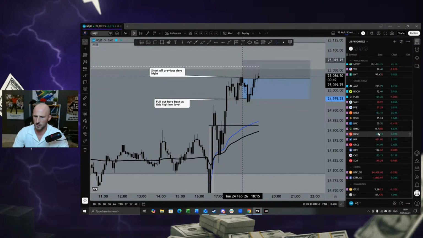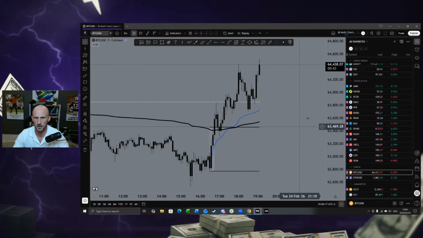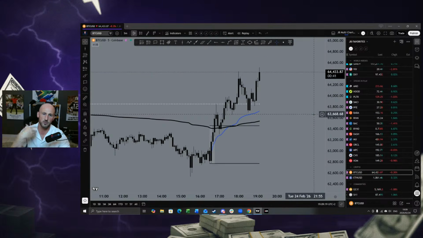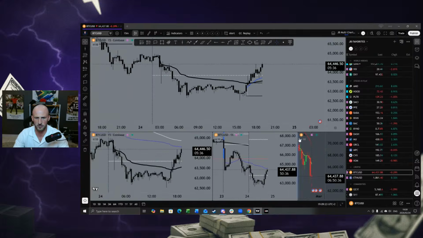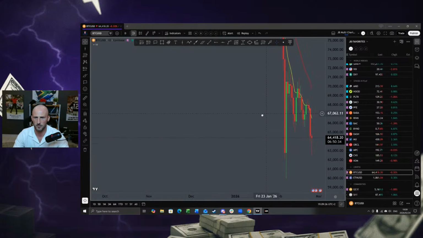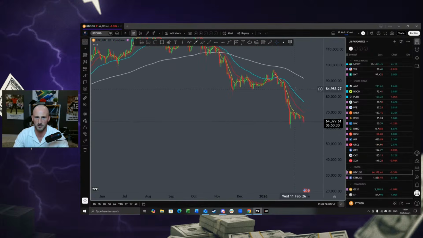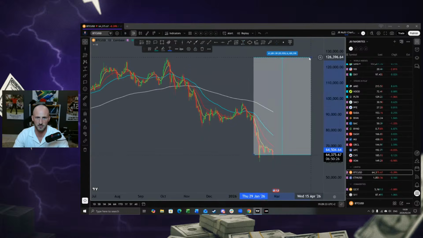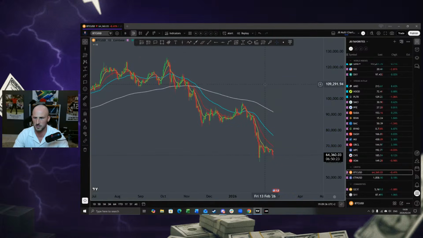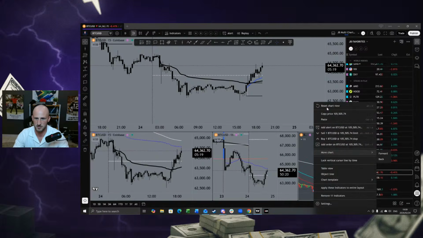Let's go over gold. I also do trade a lot of stocks from an individual capacity. Let's go over Bitcoin and gold. Bitcoin is rising as well. Normally what I found is when the indexes rise, Bitcoin rises as well. So Bitcoin is getting a little bit of momentum now. Let's go to the daily time frame. We can see Bitcoin is kind of bottoming out here. We are off all-time highs on Bitcoin, quite some distance. We are sitting at 95% off the all-time highs on the Bitcoin chart, which is pretty interesting to say the least.